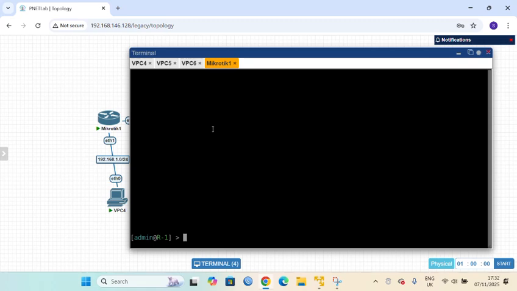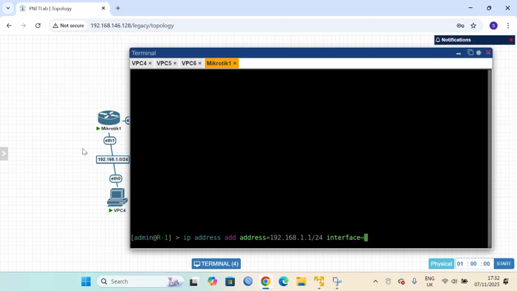And we will configure the IP address. So the rule is ip address add address 192.168.1.1/24. The interface is ether1.